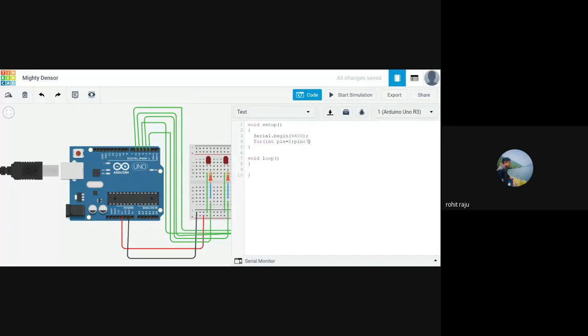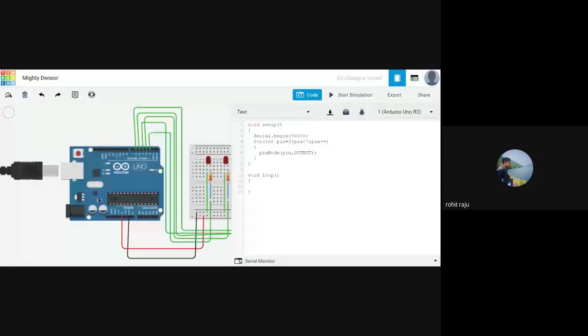We won't be going in when pin is 7, because this condition is false, right? When we're going to set it to out, we want the output, right? Yeah, fine. We are ready with this setup.